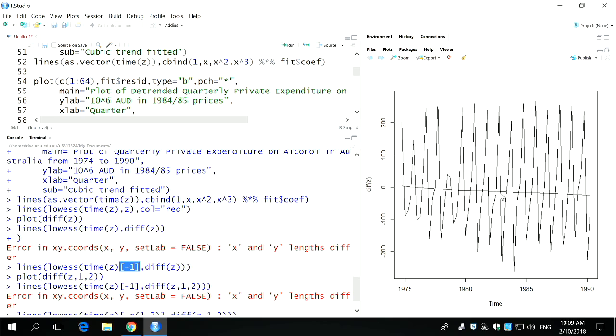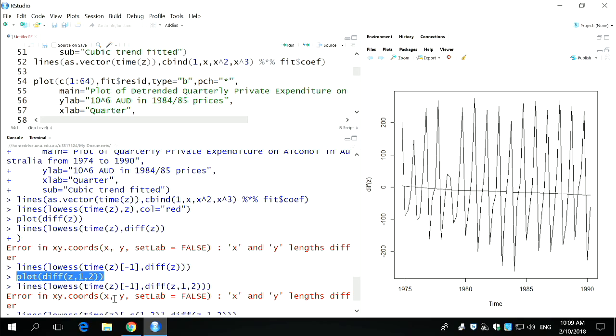So that's the difference series. You can see it's pretty flat after one difference, okay? If I wanted to take differences twice, this is how I do it. I go diff of Z, comma 1, comma 2. So let's take first differences of Z twice. So the 1 means you're taking first differences. That is Z minus its immediate past, right? 2 there means do it twice. So diff Z 1, 2 takes first